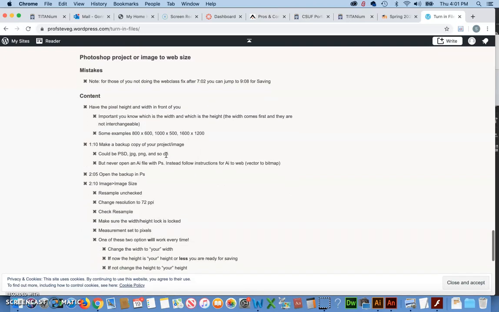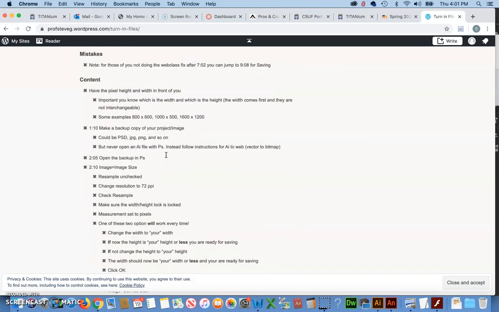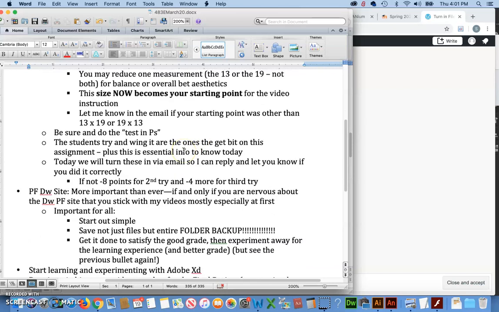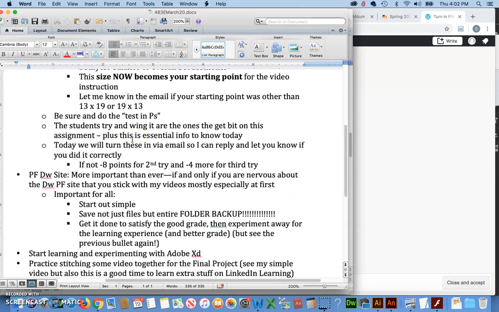And that brings me to a good point. Whether you do this one or the other 2, do not forget to do that test in Photoshop. I mean, that's exactly what I do. So for you to not do that and see that it's wrong is almost like saying, well, I just don't really care. I gave it a shot. Maybe Steve won't notice, but I will, because that's what I do. I open it up in Photoshop. I run the same exact test that I ask you to run in Photoshop at the end of the videos. And if you get there and it's not working out,